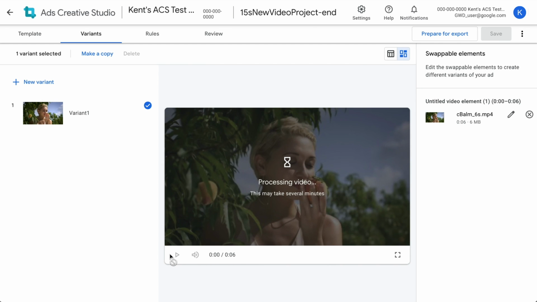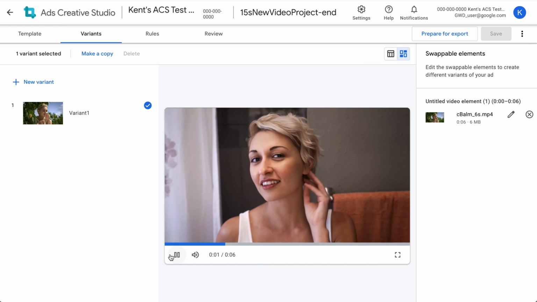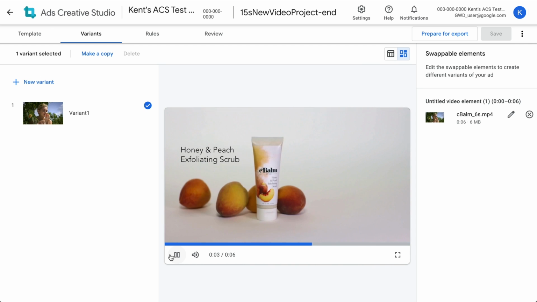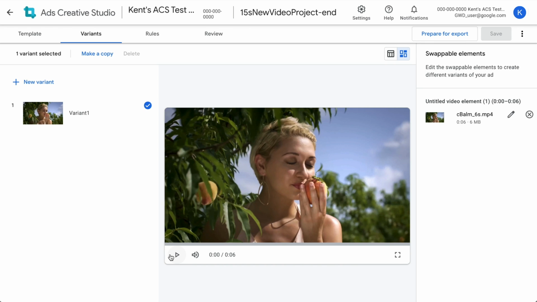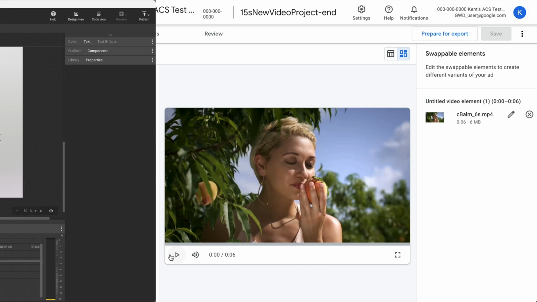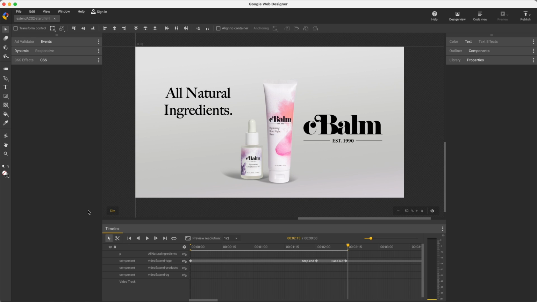And very quickly, here's a few more examples of extending ACS by creating custom video clips in GWD that can be easily dropped into any ACS video project. In this way, GWD is a video editor integrated with ACS. Here's a sample motion sequence. It's like the closing card to the last video we saw, except it's created from static elements and images in GWD as a video file.